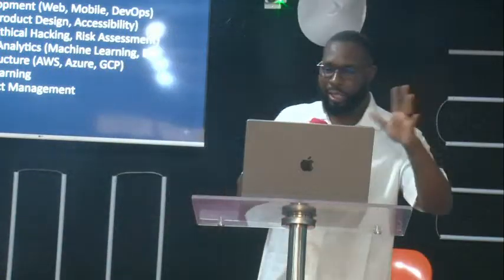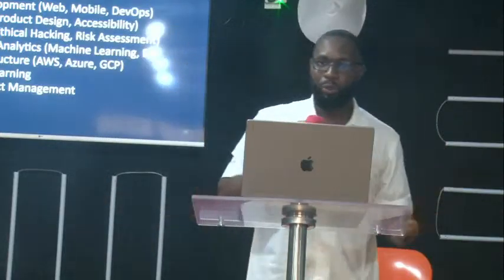Then we have the cloud and infrastructure services like AWS, GCP, and a whole lot of that, right? Then we have the AI and machine learning guys. That's the buzzword right now. We have AI agents, MCP servers and the likes, right? So AI agents, I'll just say AI now. AI is here to make your life easy, right?